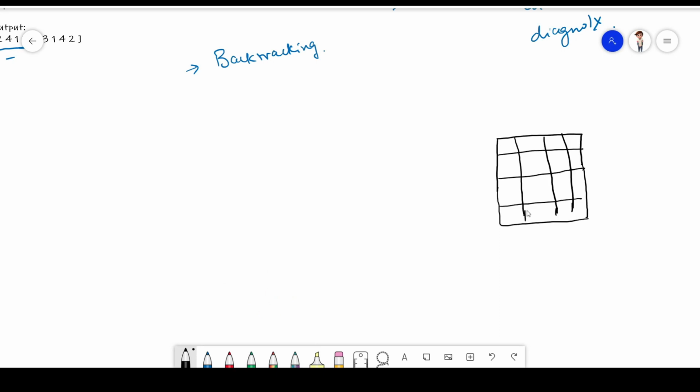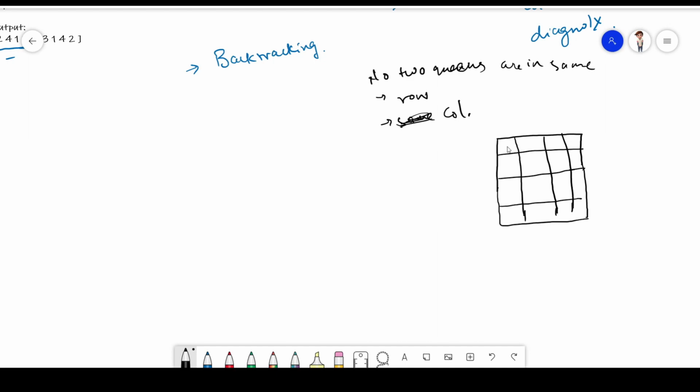As we know, no two queens can be in the same row and not in the same column.